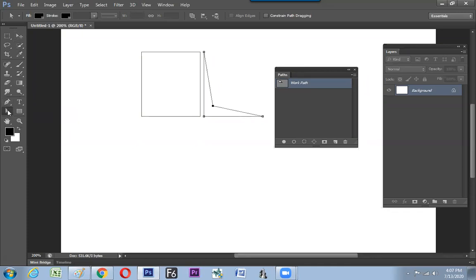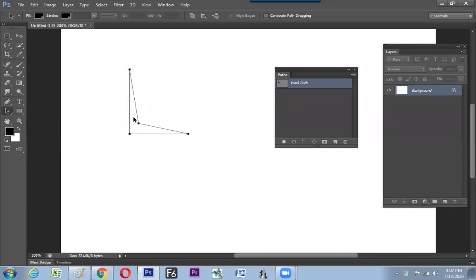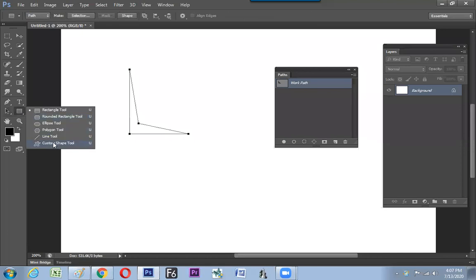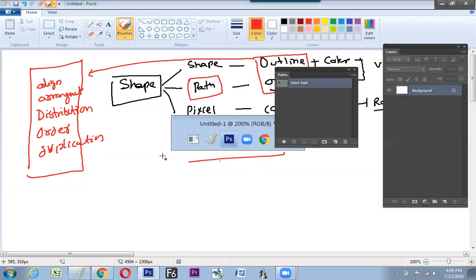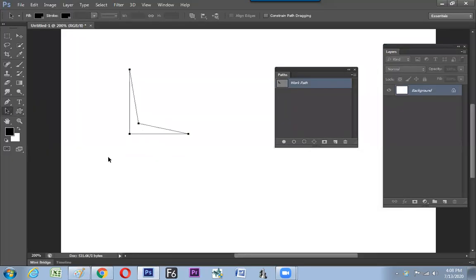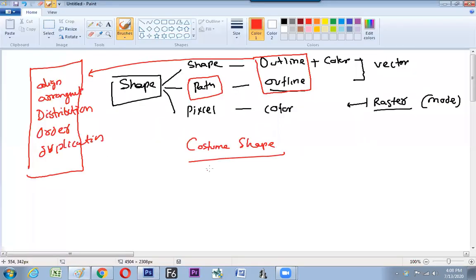Now, the next advantage of the shapes. Once you generate a new shape, further we can use it by converting the shape into a custom shape. Now we'll be introduced to the next topic, custom shape. This is a user defined shape because now the user has designed this. So it can be used further multiple times. That's why we can save the shape. And once you save the shape, then it is technically called a custom shape.